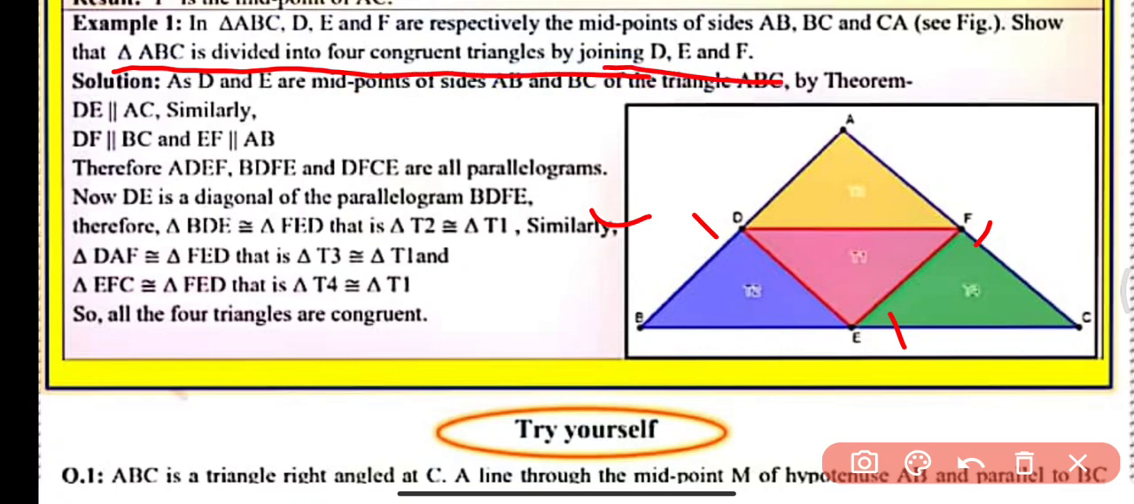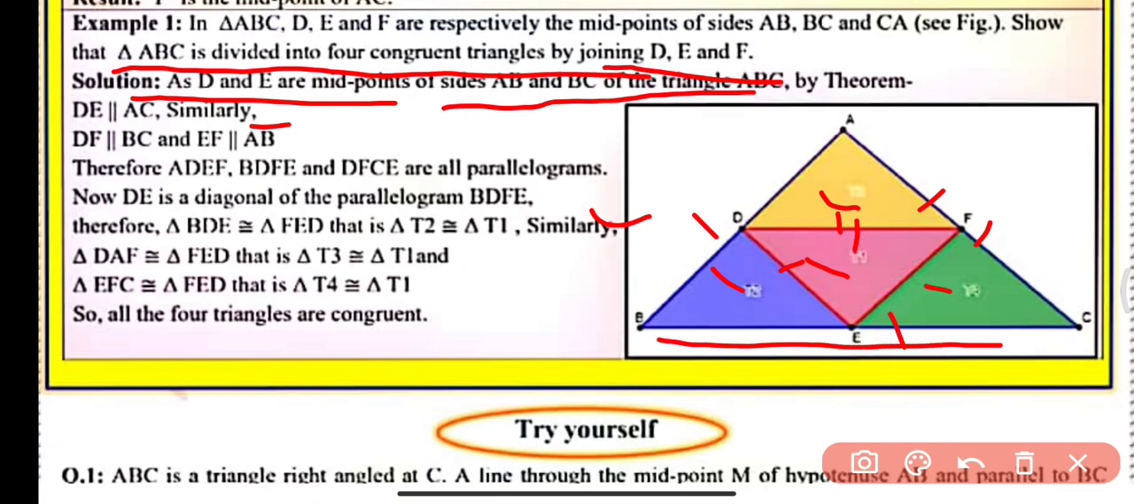So देखिए, join करना है हमें D, E और F को, और हमें ये prove करना है कि all these four triangles are congruent to each other. So here, as D and E are the midpoints of sides AB and BC of triangle ABC, by theorem DE is parallel to AC and half of AC. Similarly, DF is parallel to BC and half of BC, and similarly EF is parallel to AB and half of